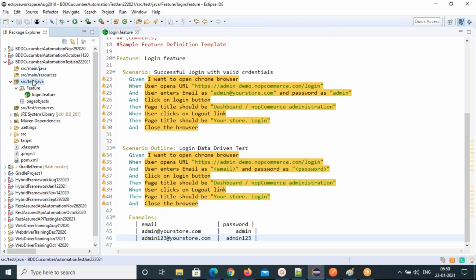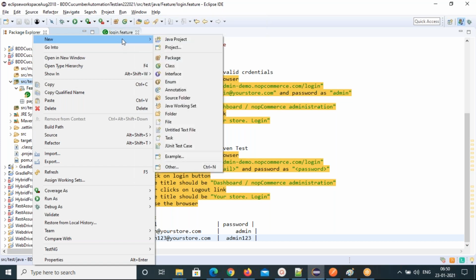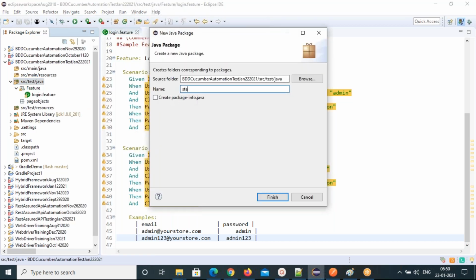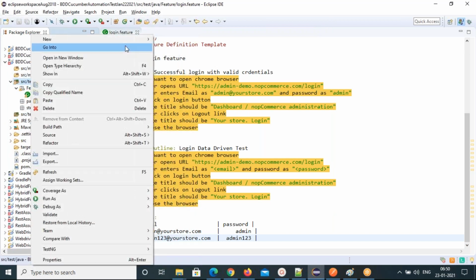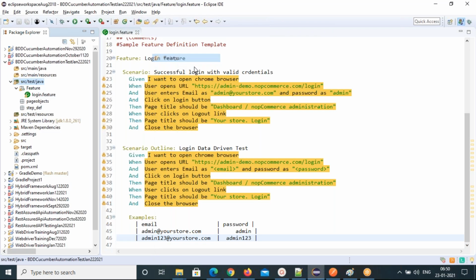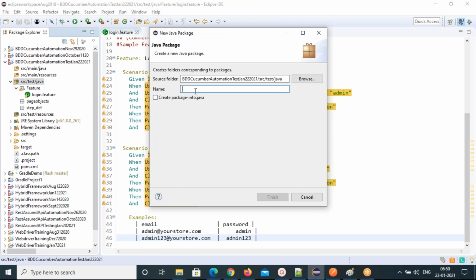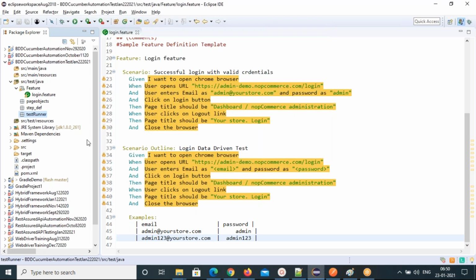I'll create one more package, step underscore def, and the next one I'll give test runner. So multiple components I'm creating, and the test runner component I have created.